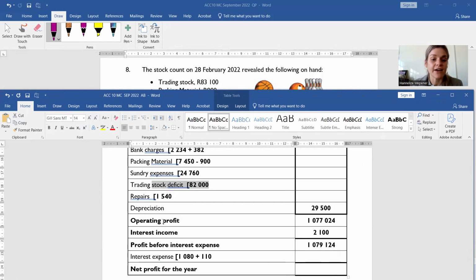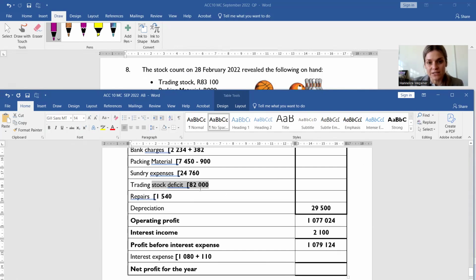In other words, you now have 82,000 Rand of stock that you haven't yet counted, so that you haven't accounted for at the moment. So you must now compare this trading stock deficit to your physical trading stock that you counted to see, do I really have an 82,000 Rand trading stock deficit, or did I now actually account for some of it? But now you must remember that